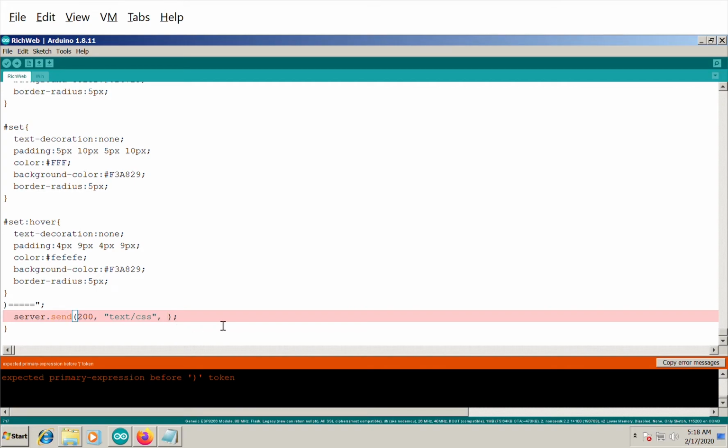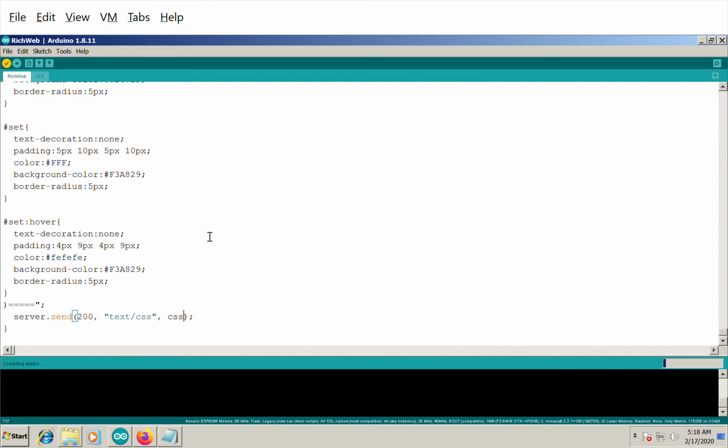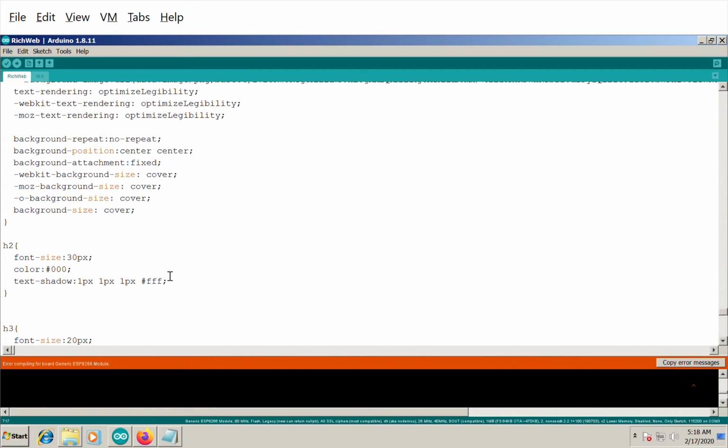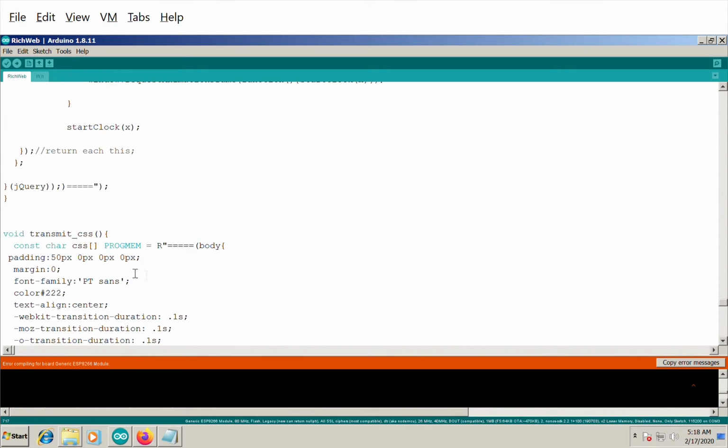Okay, so this is something else. Alright, we cannot compile. It complains something about this expansion of program. The thing is, this is not declared as static. So if we use static,